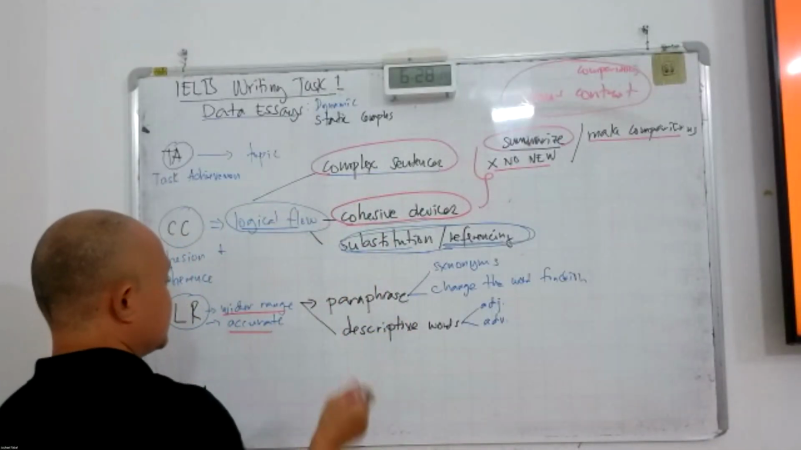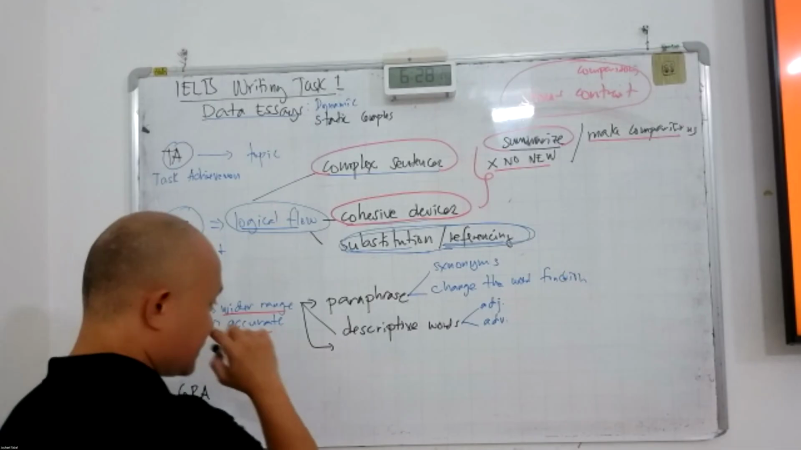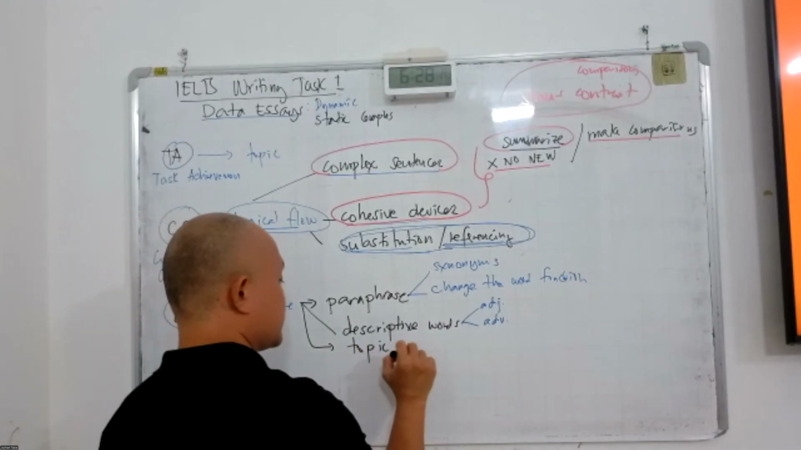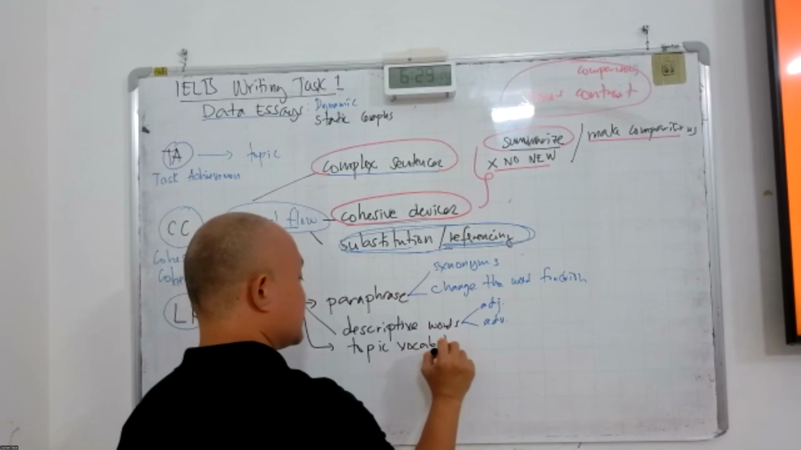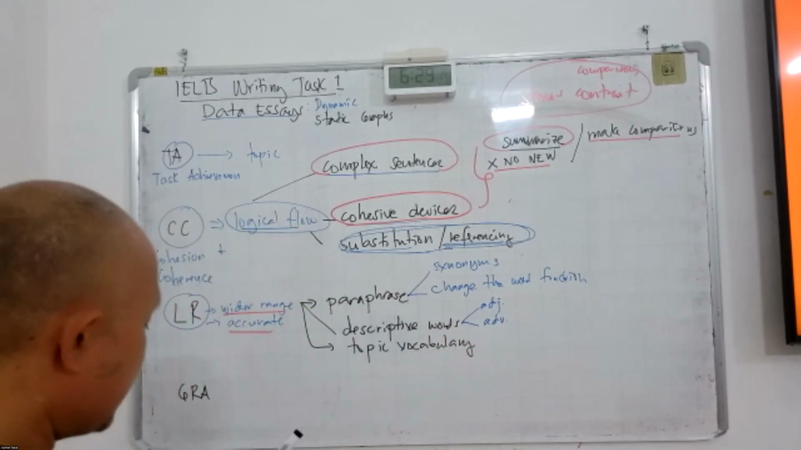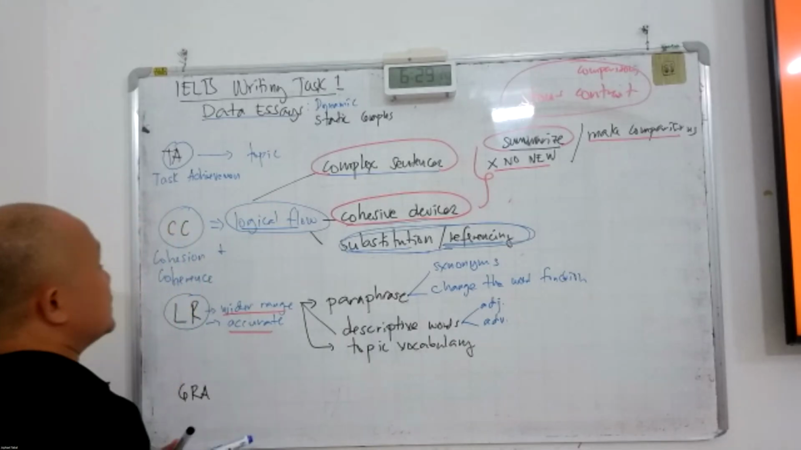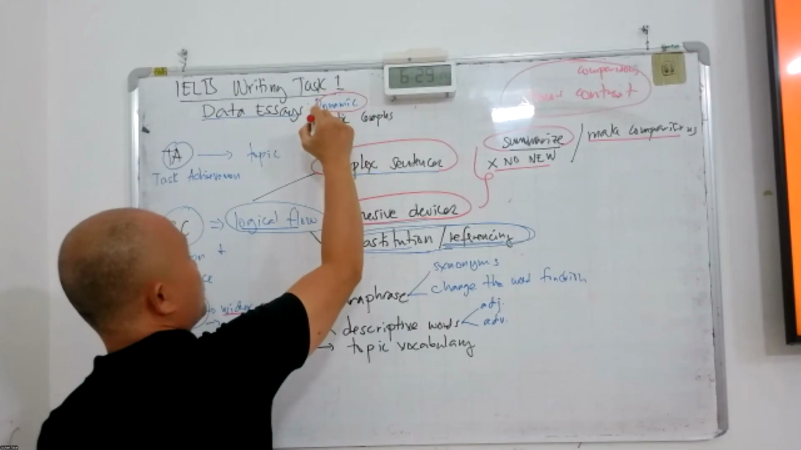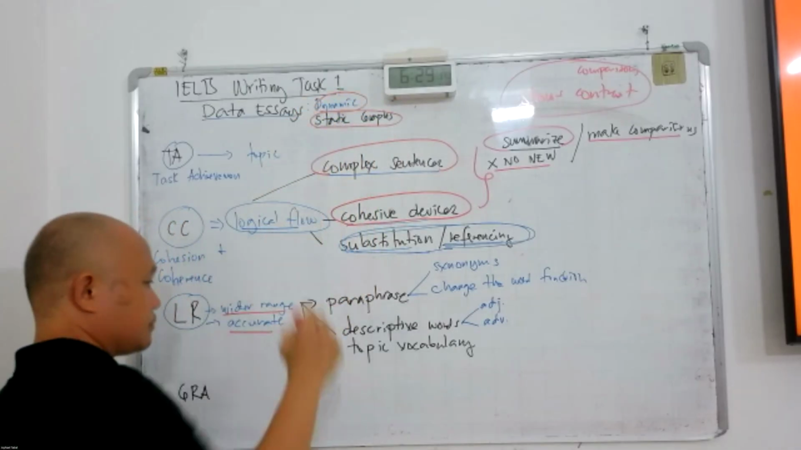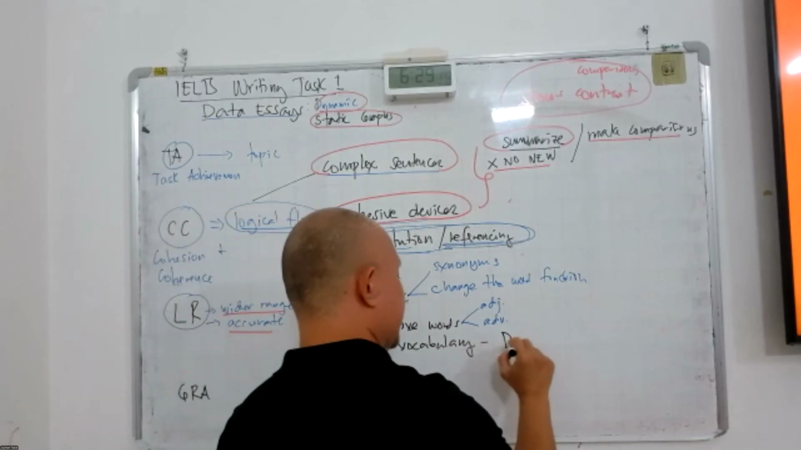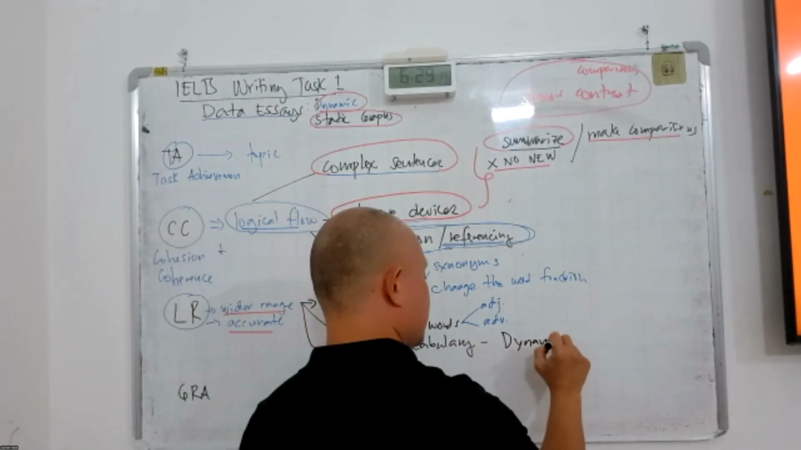And finally, the third one is the topic vocabulary, so the accurate use of topic vocabulary. What do we mean by topic vocabulary? As we have mentioned in a previous meeting, data essays have two types: one is dynamic and one is static graphs. Now for topic vocabulary, for dynamic graphs,